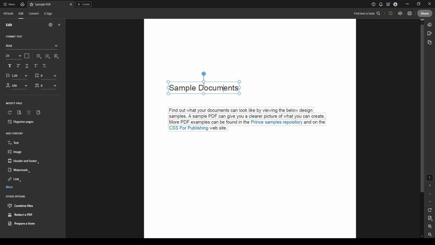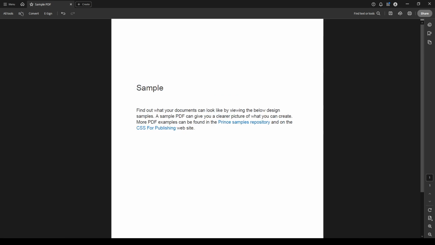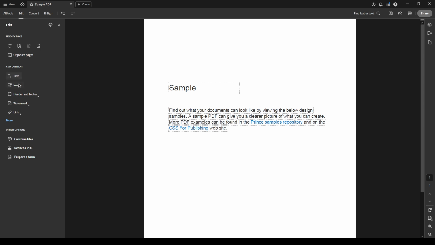Now let's delve into using these editing tools effectively. You can click directly on any text segment in the PDF to start editing. Acrobat allows you to add new content, change existing text, or even adjust formatting to suit the requirements of your project. If you need to move around any photographs or multimedia elements, simply click on the image and drag it